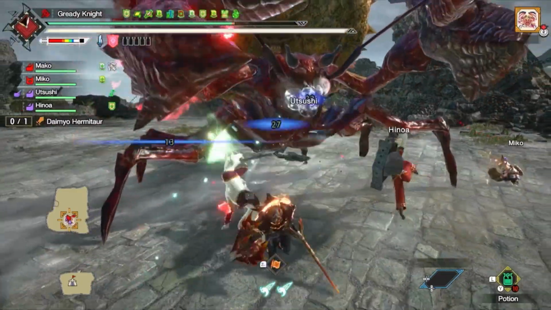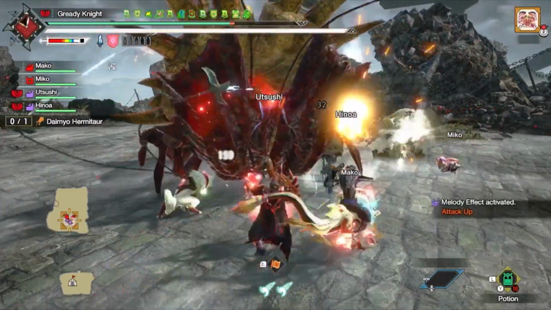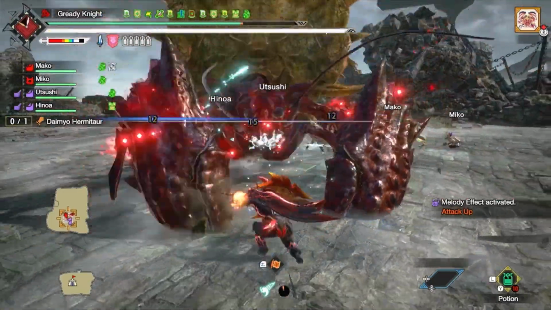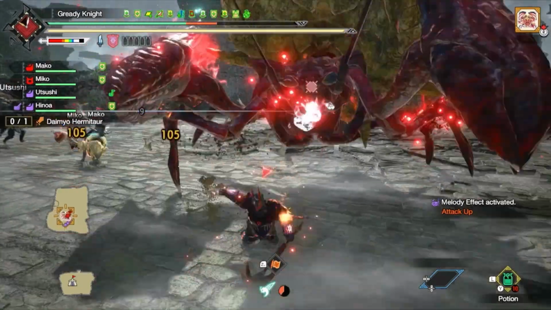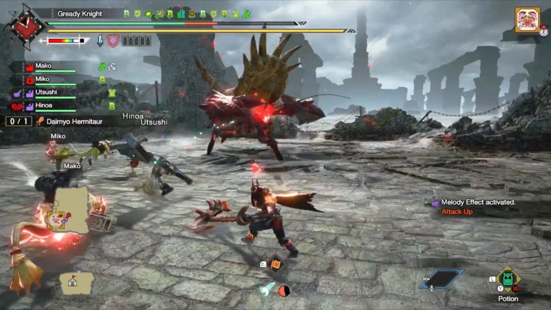Crustacean Crush causes Hermitaur to leap into the air and attempt to sit on you. Hold guard to ignore the attack. Because Hermitaur lands on top of you, your positioning is terrible for a super, so reposition afterwards instead of going